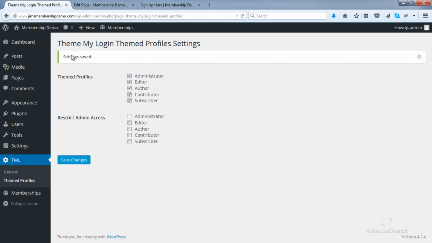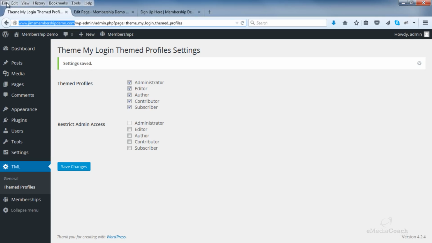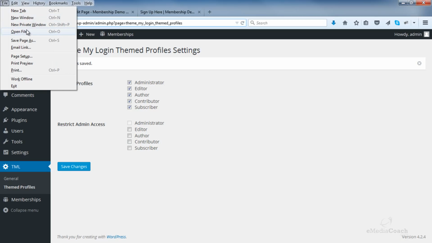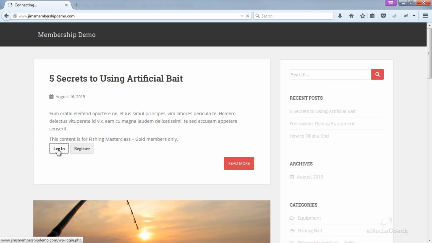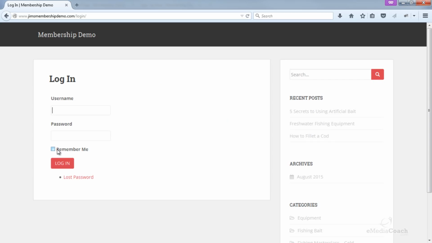Okay, now here is the cool part. Now let me log in to the site as an existing member. Now when I click the login link, see how I can log in directly from this page. I'm not shown an ugly looking WordPress login screen, and that's absolutely perfect.